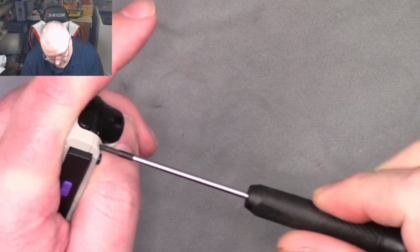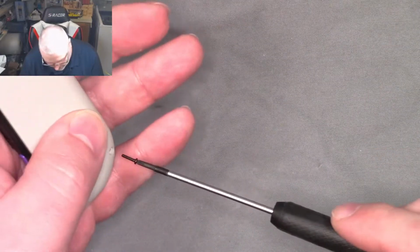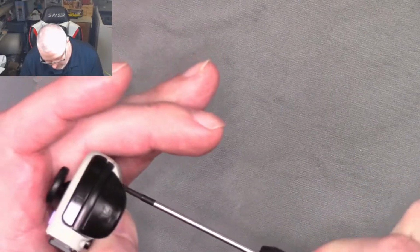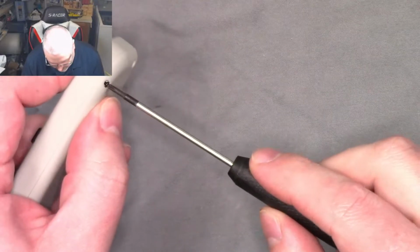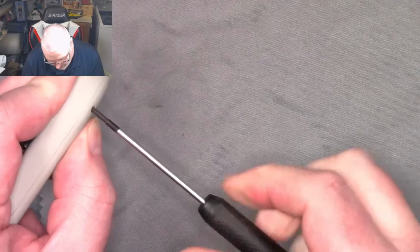So this is switched over to Phillips now because it comes with these new Phillips screws. So you have to be careful because these threads have not been formed in these thread holes. So you need to,